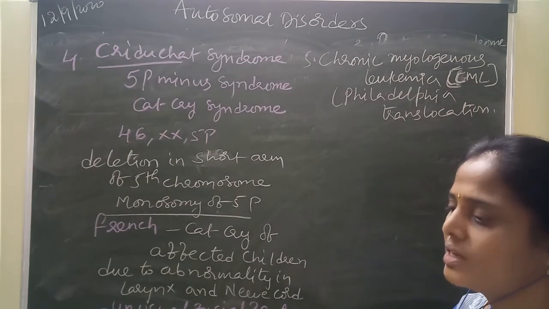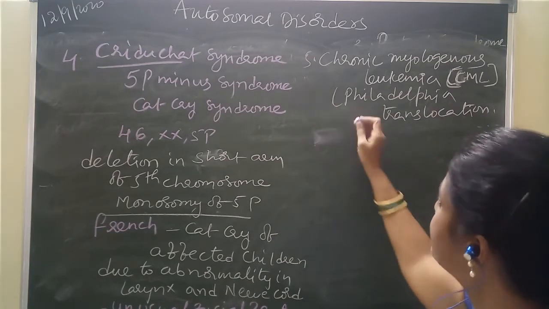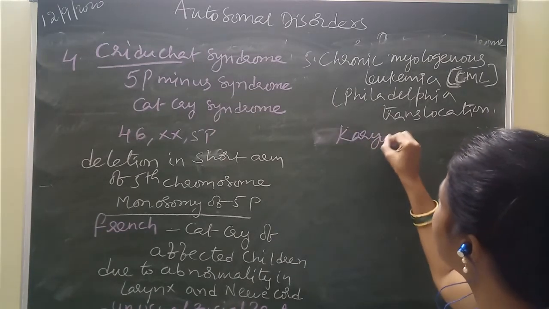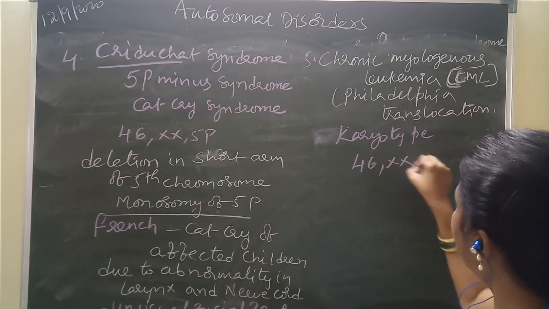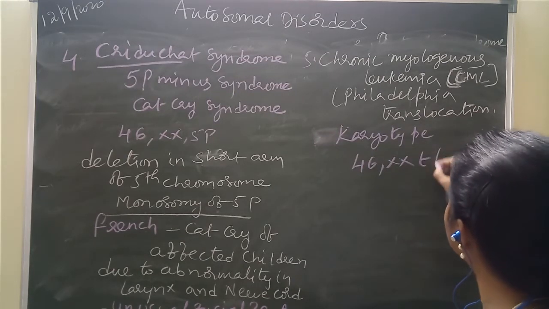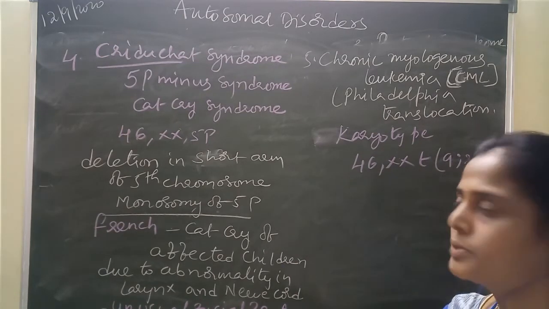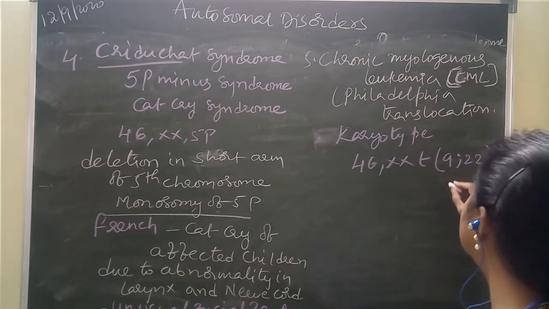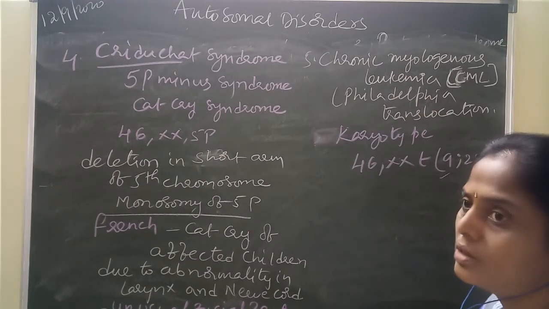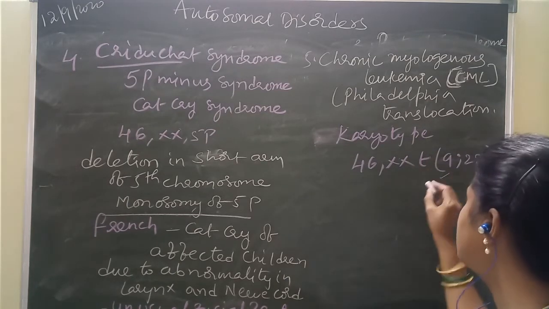This is a genetic disorder, and the karyotype is 46, XX, T 9;22. That means a small piece of the 9th chromosome and a piece of the 22nd chromosome